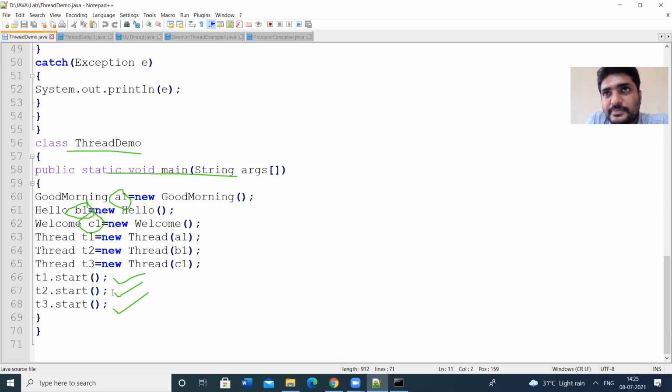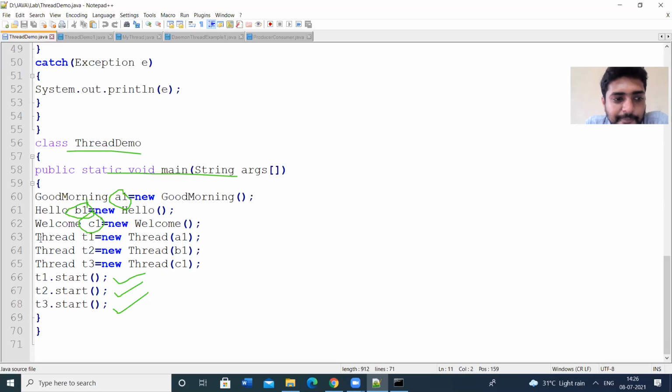The runnable interface has only one method, that is the run method. Other than that, it has no predefined methods. So in order to invoke the start method, we need to create an